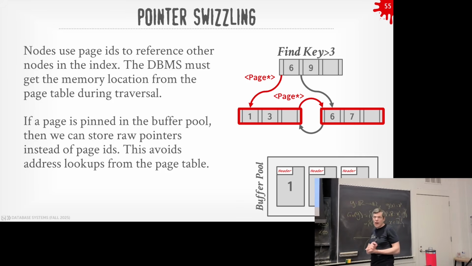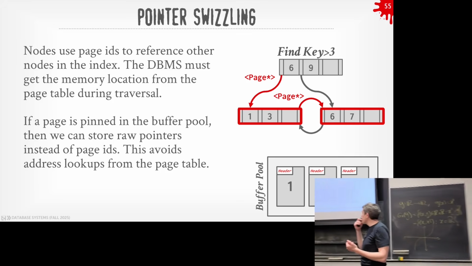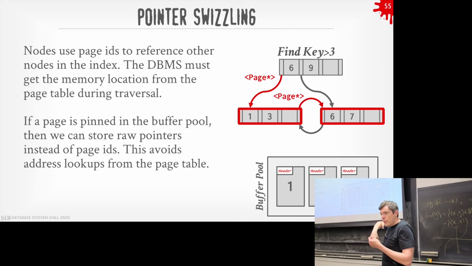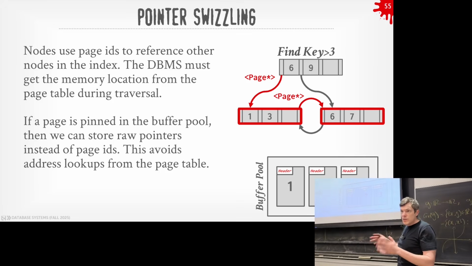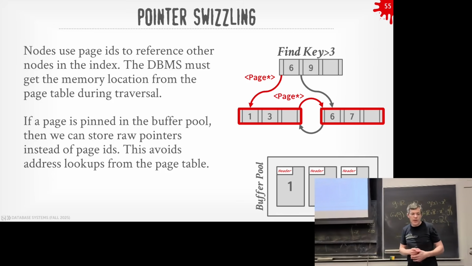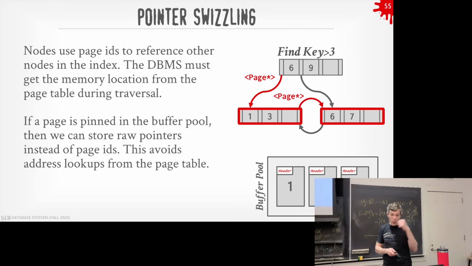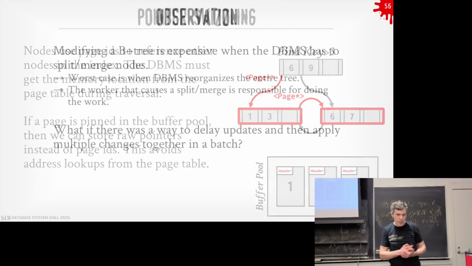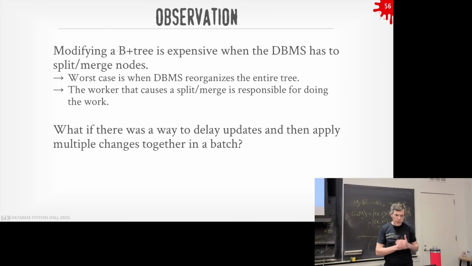And the data structure provides this nice guarantee where we know we don't want to evict anything in an inner node if one of its child nodes has been swizzled or is in memory. So this gives us some guarantee about how we order things, to make sure that we don't end up with pointers that go to nowhere or pointers that go to a frame that no longer has the data we want. All right, the last one I want to talk about is, well, I'll go two more.